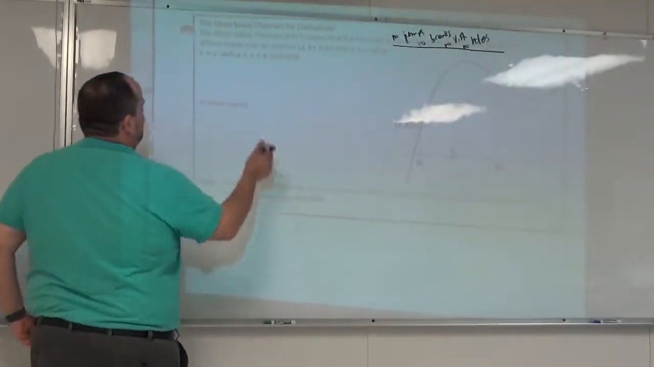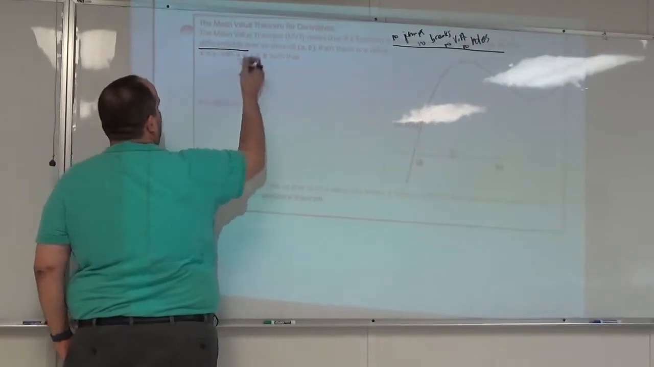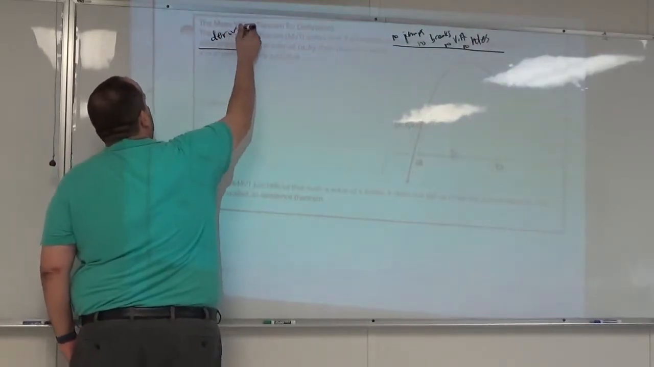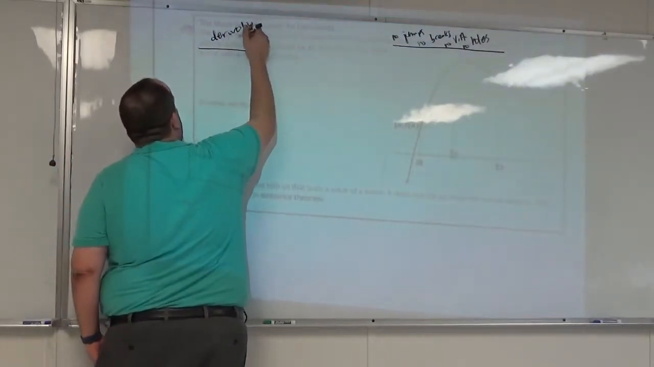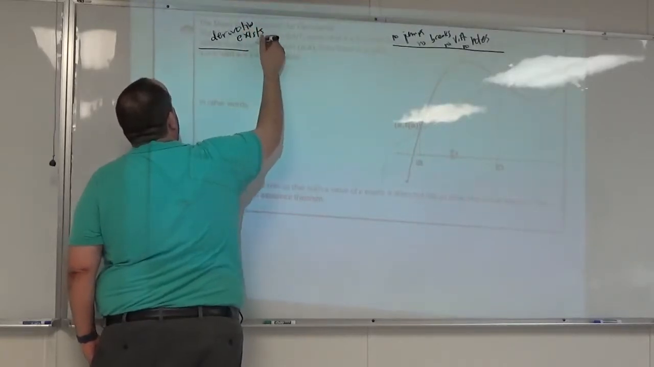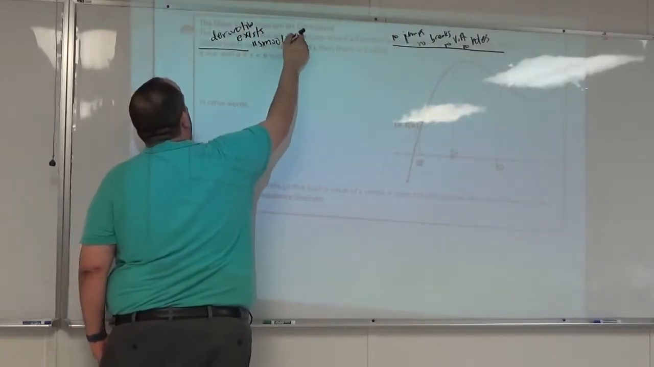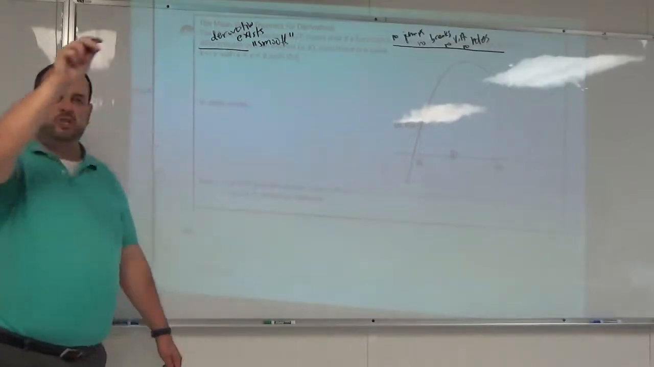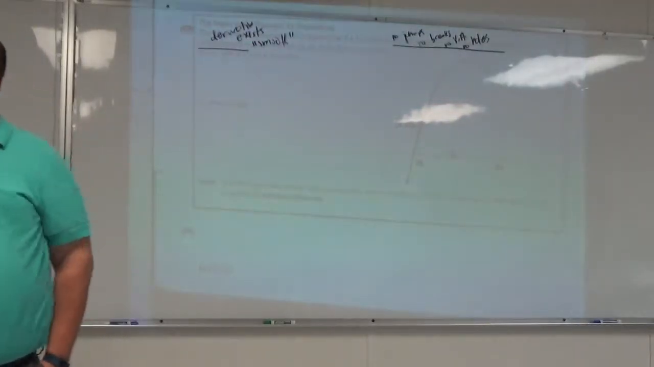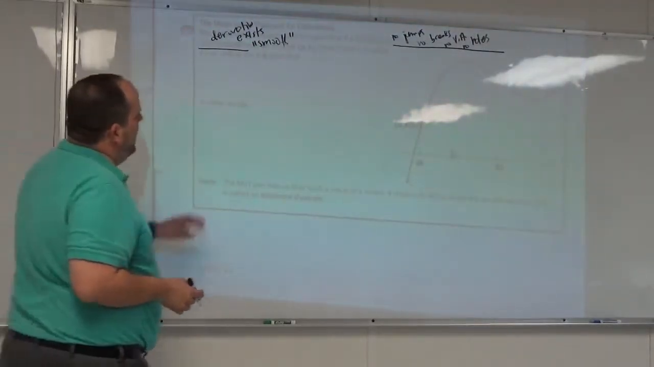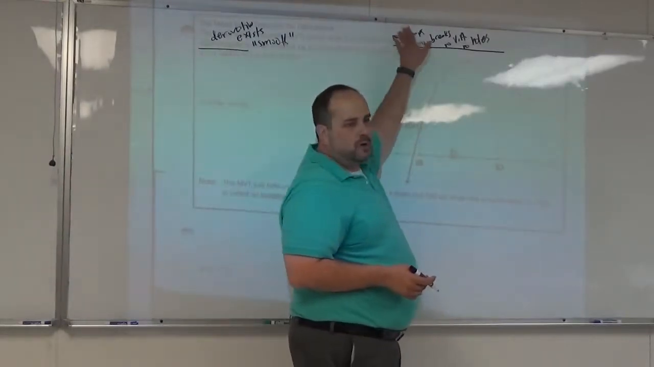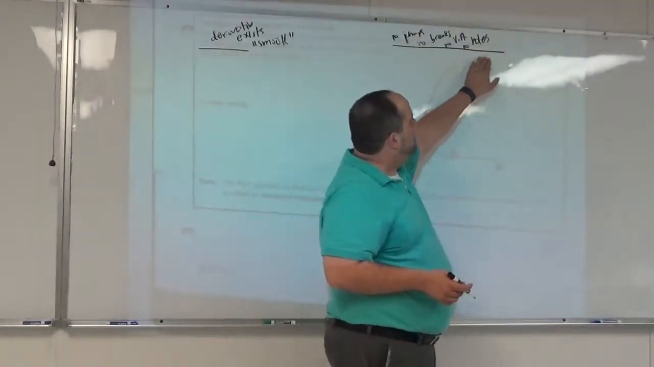And differentiable. I think this is what you guys were thinking of earlier. Differentiable, the derivative exists. Some people call this smooth. There are no sharp edges, there are no vertical tangent lines. If you have a function that is continuous, no holes, no jumps, no breaks, no vertical asymptotes, on a closed